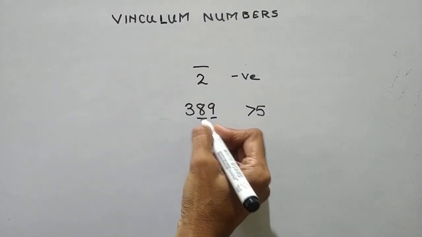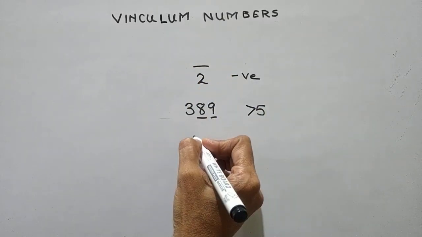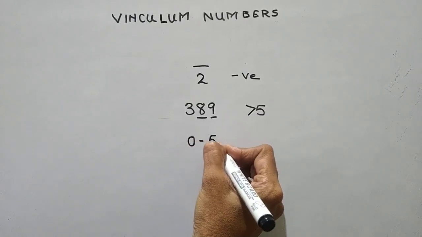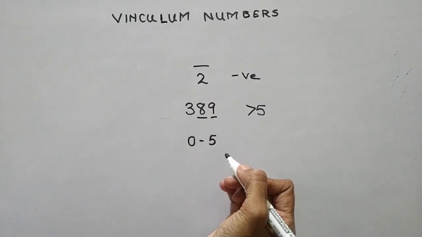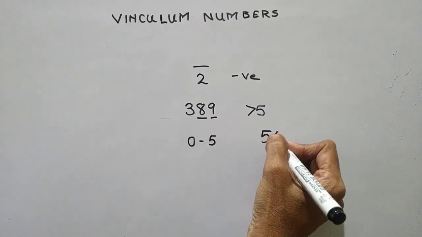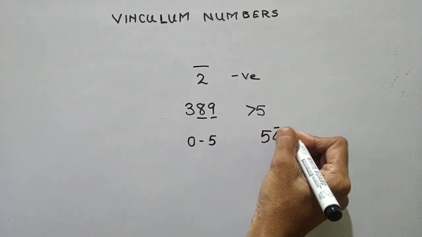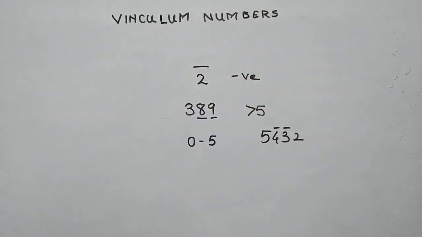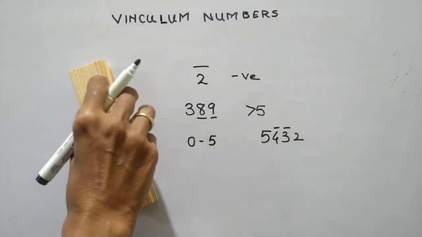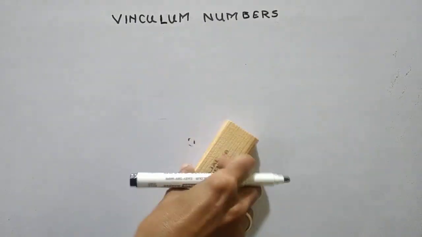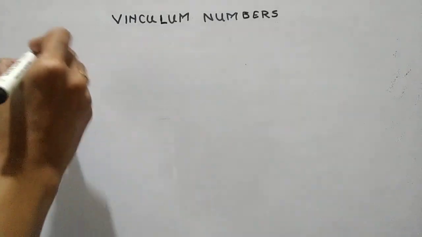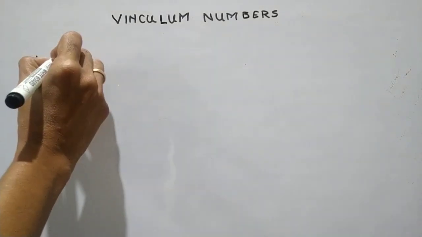So, we convert such numbers to vinculum numbers so that we simplify the calculations by getting numbers within the range 0 to 5. So, any number which is having a negative digit within it is termed as a vinculum number. Now we will see how to convert a normal number to a vinculum number and a vinculum number to normal number. So, let's take first example, that is